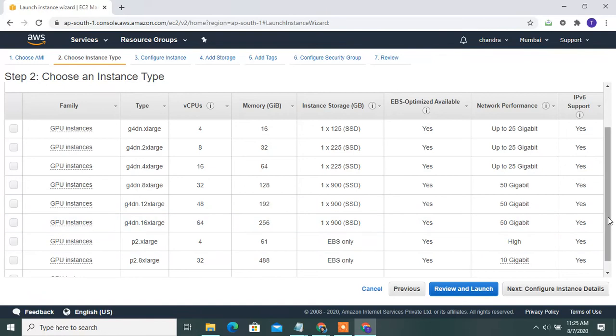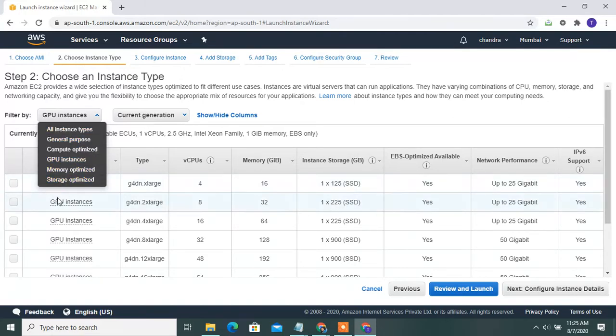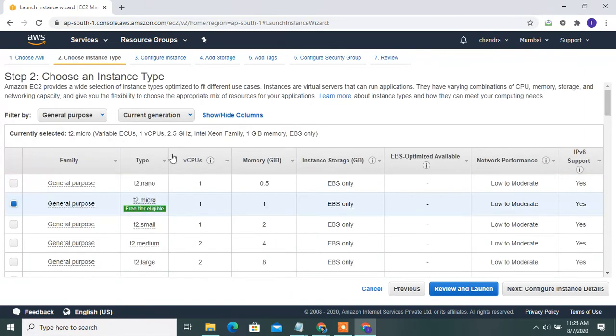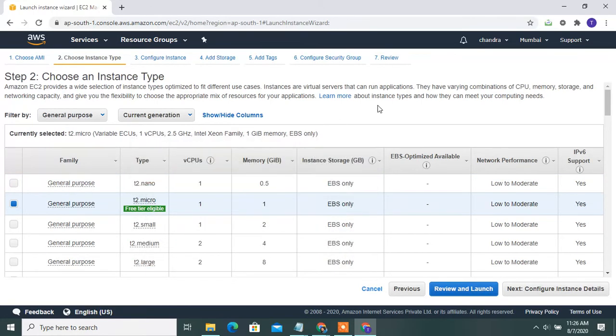You may not work with them, but an interviewer can ask what the families of instance types are: general purpose, compute optimized, GPU instances, memory optimized, storage optimized. If they ask what the types of EC2 instance are: T2 nano, T2 micro, small, medium. That's all.